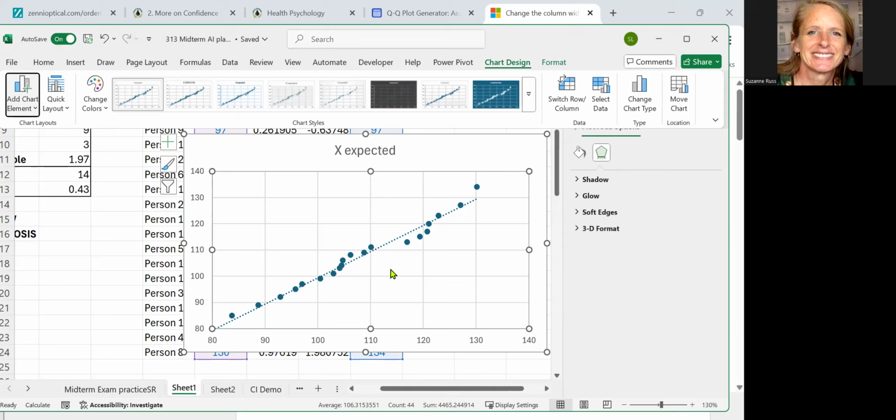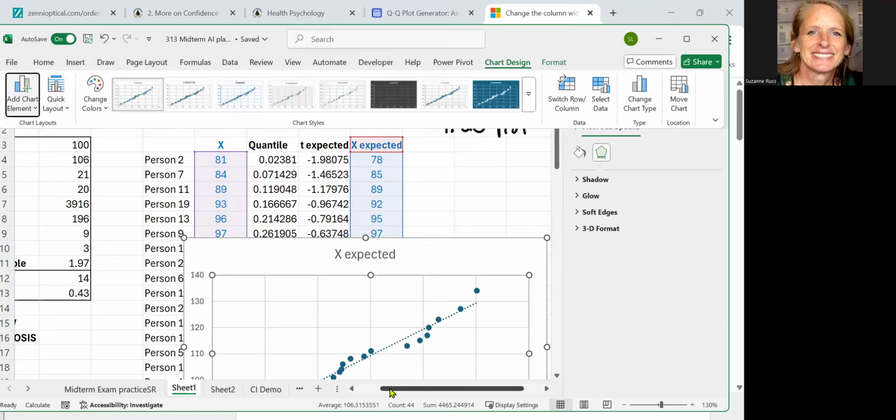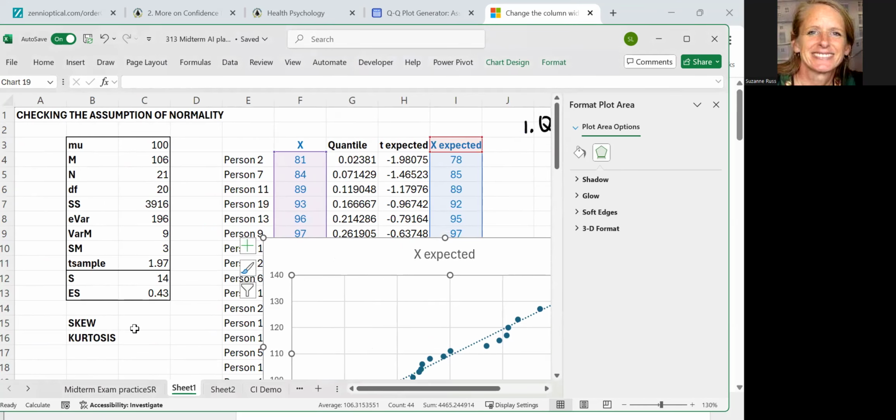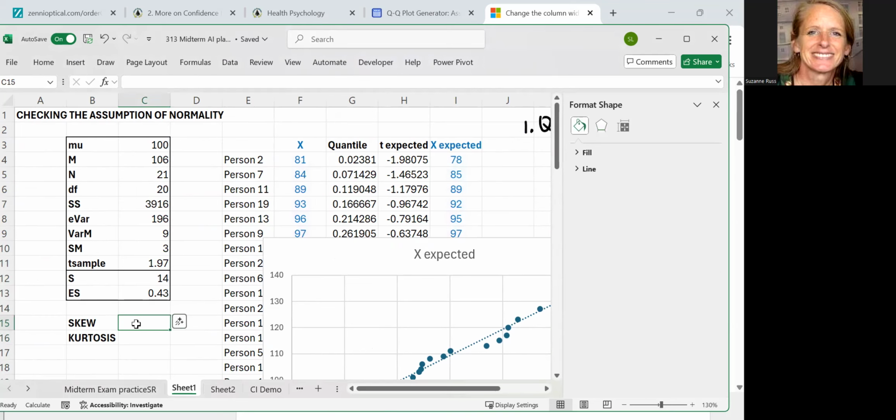Now, when I look at this, it doesn't look too bad, but we have a little bit of muddiness, a possible outlier right here as this tail veers away from the rest of the data set. Okay, so that's the QQ plot that I generated in this quick example. I'm going to run the skew test and the kurtosis test, and then we'll get our Shapiro-Wilk statistic. So the formula is so simple, equals skew,